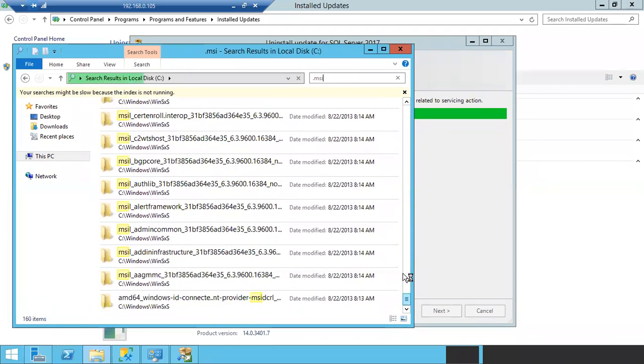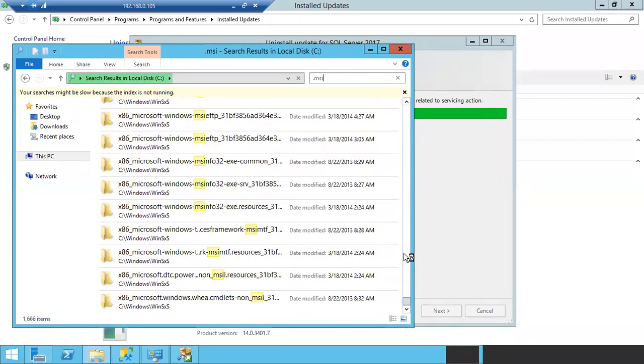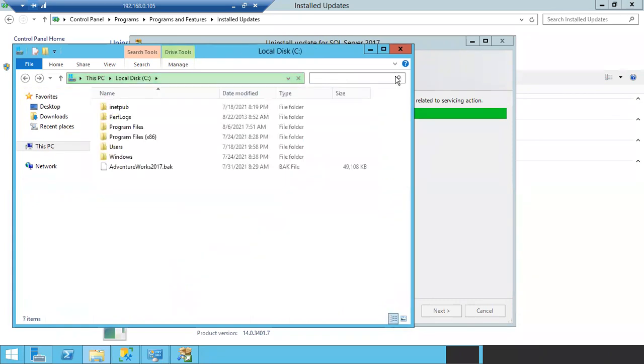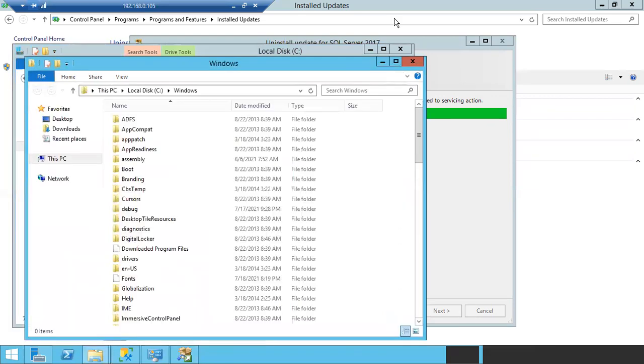Usually, as per the Microsoft Windows architecture, whenever you install any software, usually the same kind of files will come, like .msi files, .msp files and all. So don't think that MSI and MSP files belong only to SQL Server. Other software may also get .msi and MSP files, and you can see the original files in the C Windows, Installer folder.